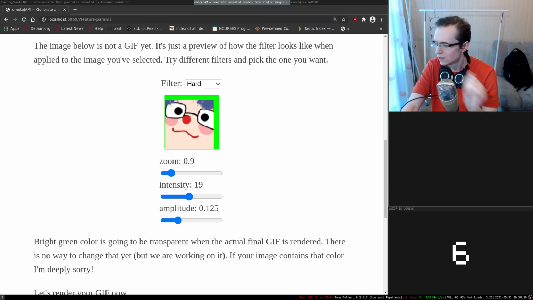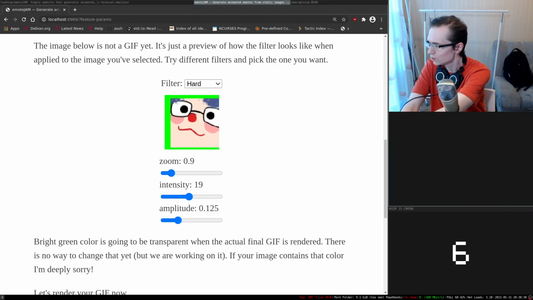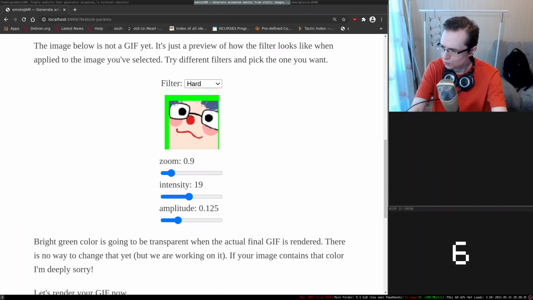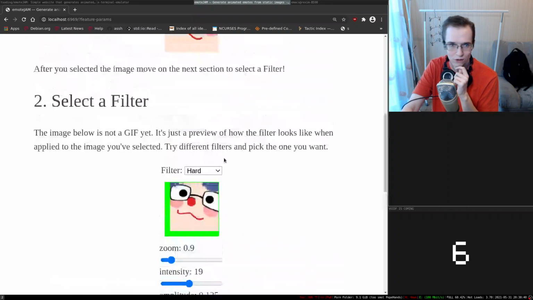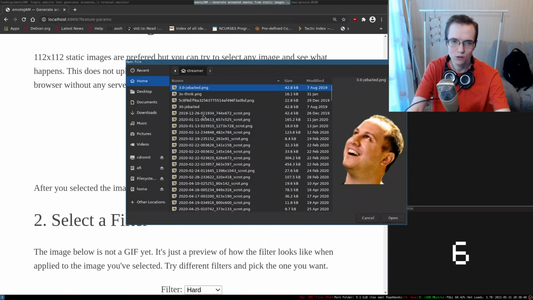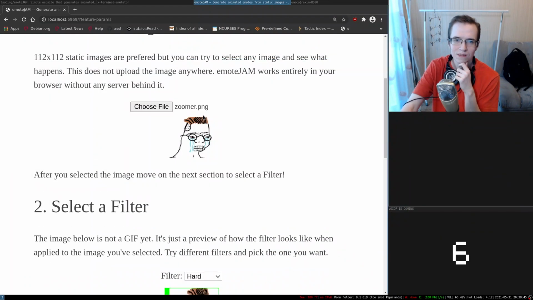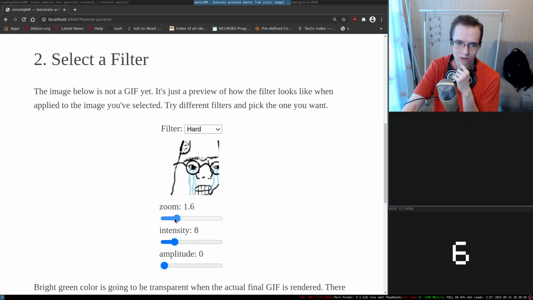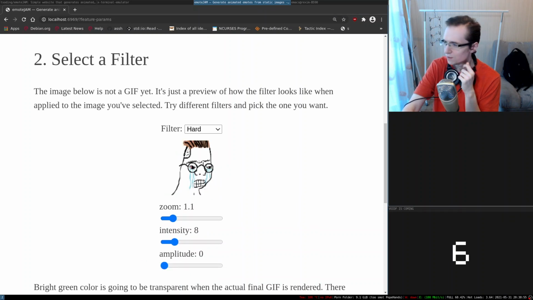Okay, so let me quickly save the image. I'm gonna save image as Zoomer PNG. All right, so let me quickly load the Zoomer PNG. And we're gonna actually zoom. Maybe intensity is gonna be lower. Maybe amplitude is gonna actually be 0. And